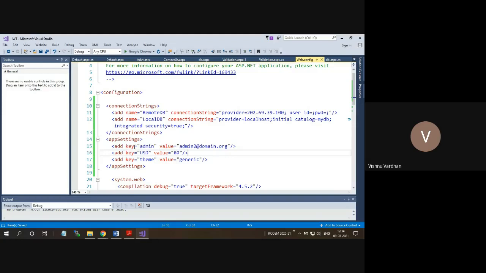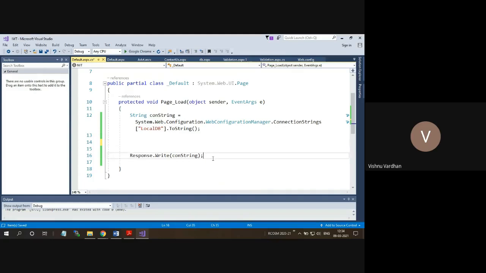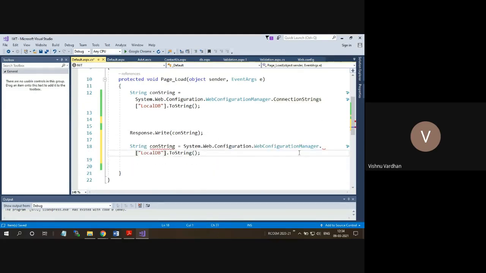Okay. So again, how to get these values? Simple, like we have seen with this constraint. What I will do is, now I will write this in a different way. Only thing is, here it will be app settings. Okay, so in that app settings, what is the name?